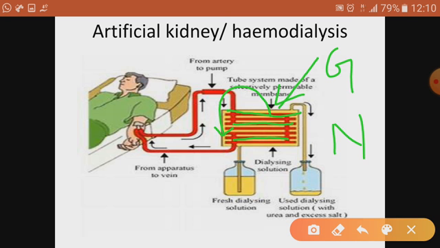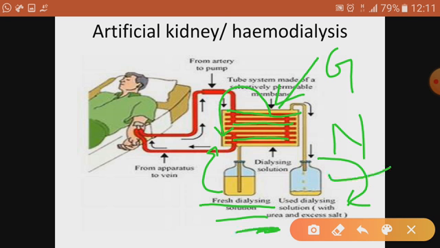And you can see here, fresh dialysing solution is added at times, and then used dialysing solution, which has more of urea, nitrogenous waste. You can see here more of urea and excess of salt. So this one is the used dialysate, or the dialysing solution, and it has to be refilled again and again in this process. And once the blood is free of nitrogenous waste, all the nitrogenous waste comes to the dialysing solution and blood is free, then through a tube the blood will be inserted back into the vein.